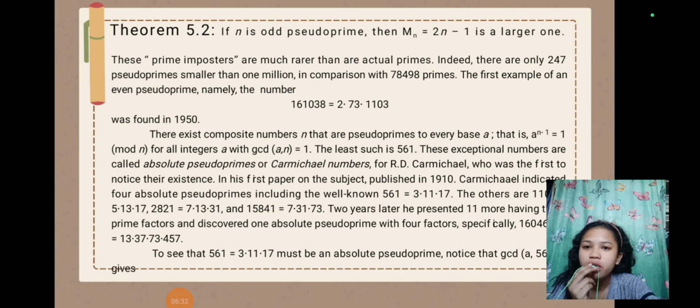Two years later, he presented 11 more, having 3 prime factors, and discovered 1 absolute pseudo-prime with 4 factors, specifically 16,046,041 equals 13 times 37 times 73 times 457. To see that 561 equals 3 times 11 times 17 must be an absolute pseudo-prime, notice that the GCD of a and 561 equals 1 gives